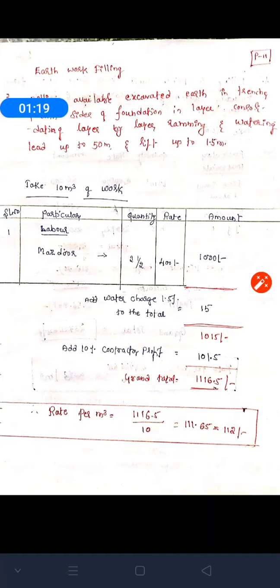So for that, we are not required any material; directly we can go for the calculation of the labor. So again you should prepare a tabular column like this, that is serial number, particulars, quantity, rate and amount. In that, for labor, we require only mazdoors or beldars here. Per 10 meter cube of work, he has mentioned that 2.5 number of laborers are required. Then we got this value, that is 2.5 here.